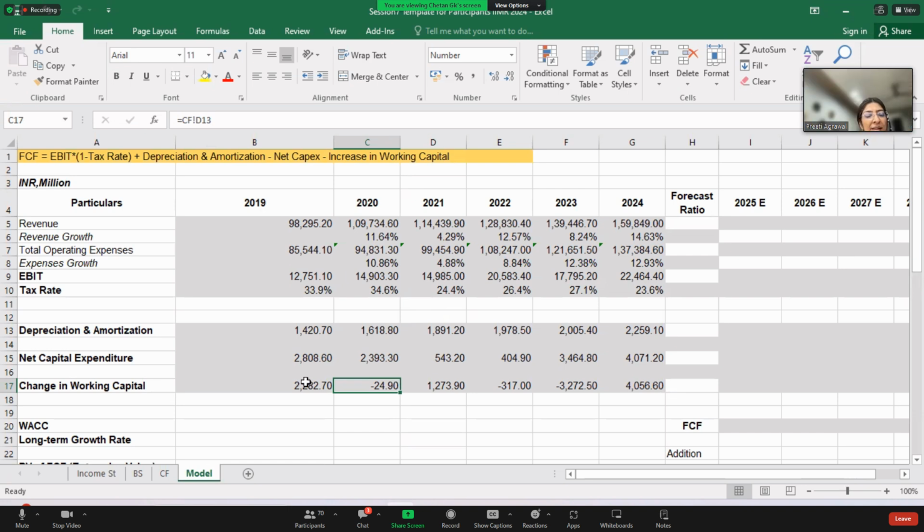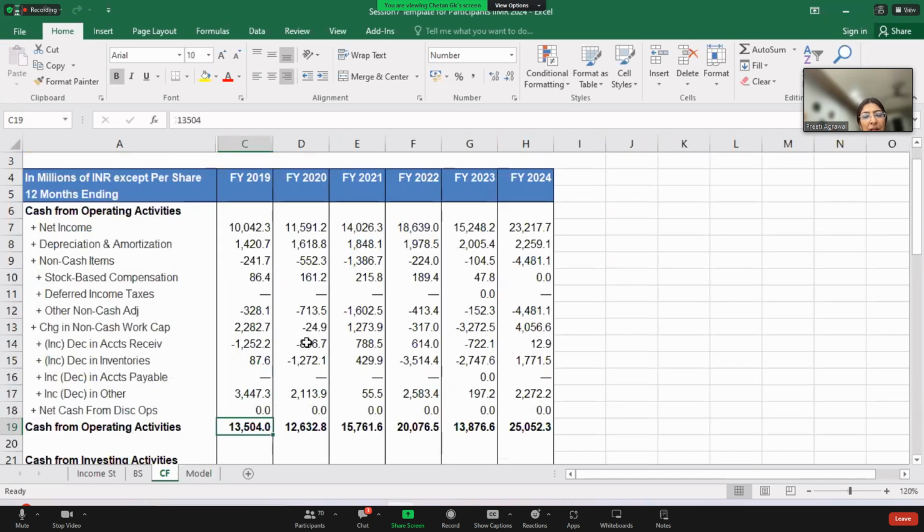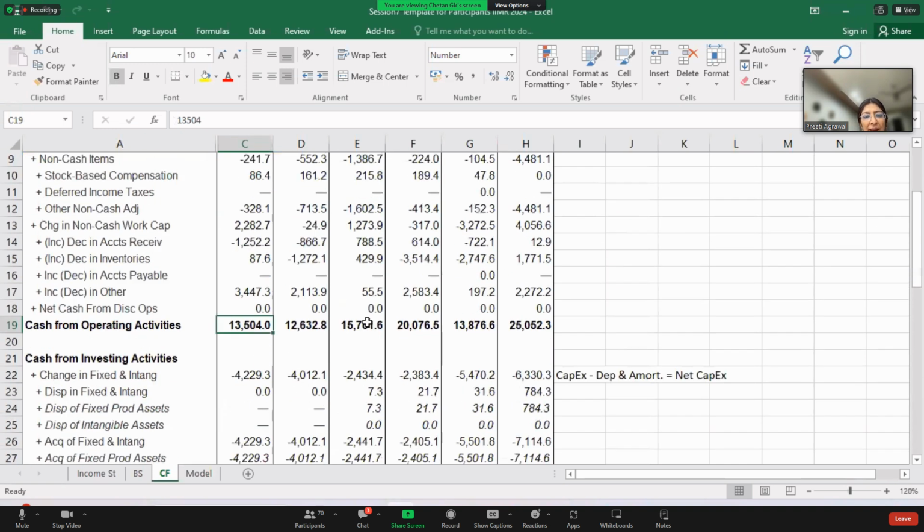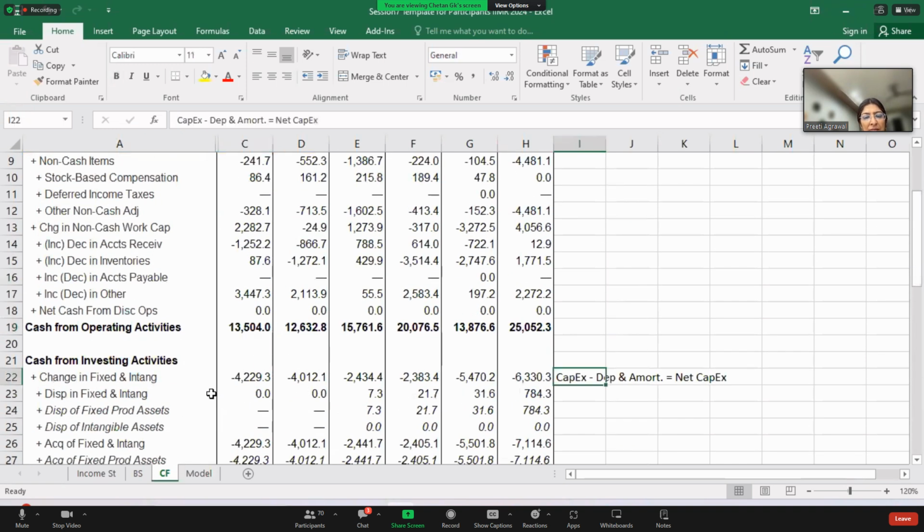In the CF tab, there was one formula you had mentioned beyond these tables. Yeah, capex minus depreciation. It is recorded, madam. You can go through it, because this is very simple. We have discussed this thrice actually. Capex minus depreciation is net capex. That's it. We have computed it here in the model.